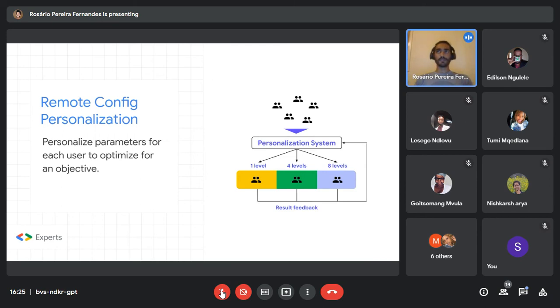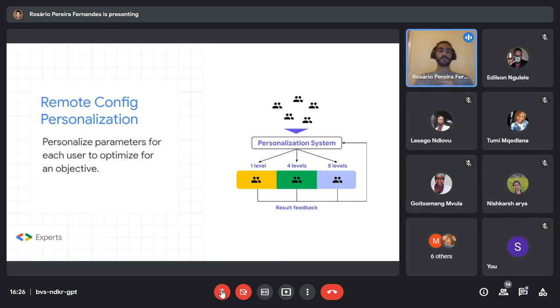So as it notices that maybe some user is not happy with getting the dialogue after one level, they're gonna move that user and put them in another group and test if they like the 4 levels. And then from that, in case there's also problems with that, it's gonna try and put them on another group until it finds the best group for that user.